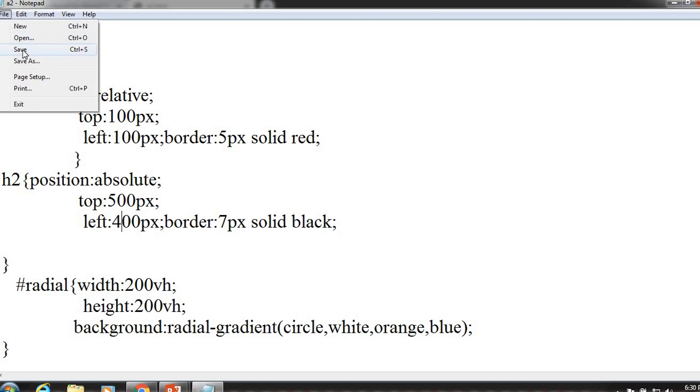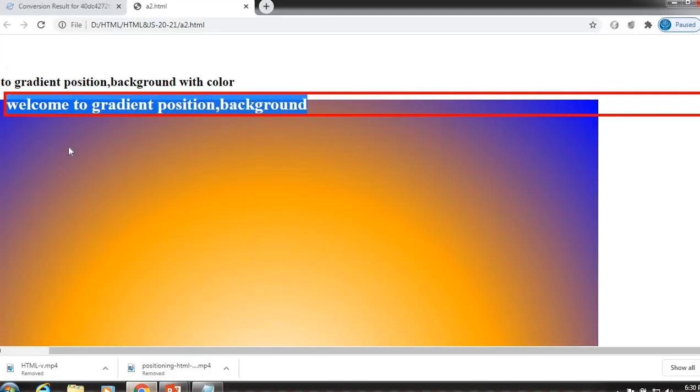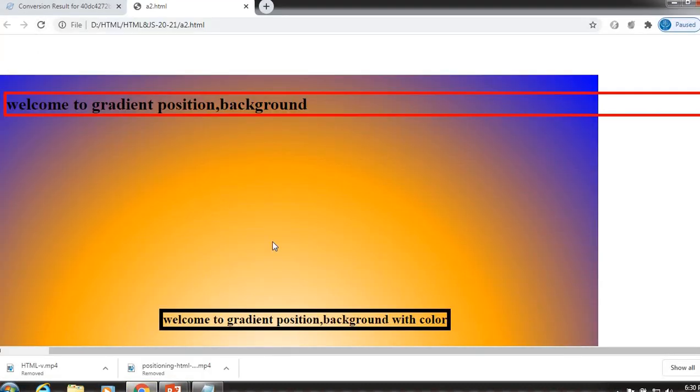So just change it and see the reflection of the absolute. So see the difference. This is a whole line, the border we get, and this is only according to the text. We have displayed the absolute property with the background border at the location. At some location we have specified. And this is the difference between the absolute and relative property, with the background gradient property.